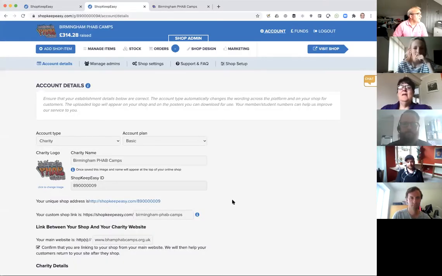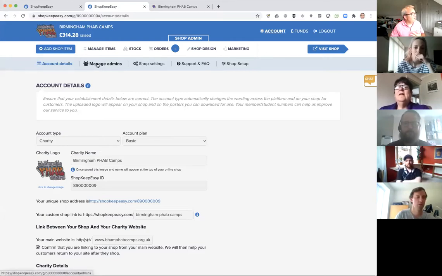There you go. So we've got two parts to our platform. We've got the front end shop that your customers or supporters see. And we've got the back end, which we call the shop admin, which you can see here, which is what you control. And you can assign different administrators to have different roles in here. I won't click into it because it shows all the different personal details, but you can add or manage admin